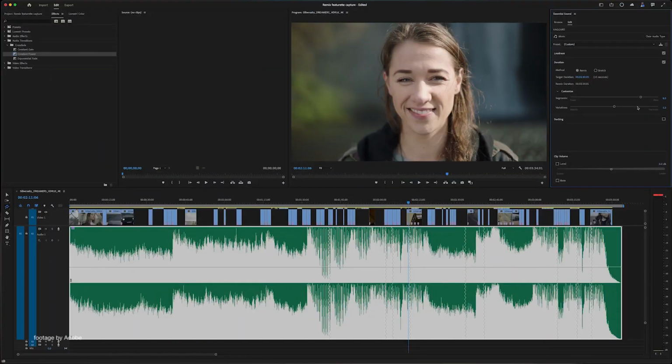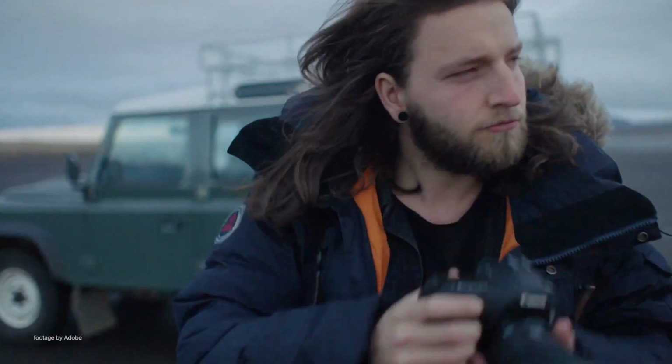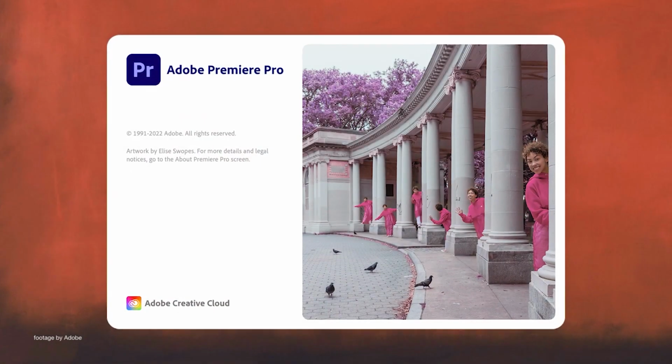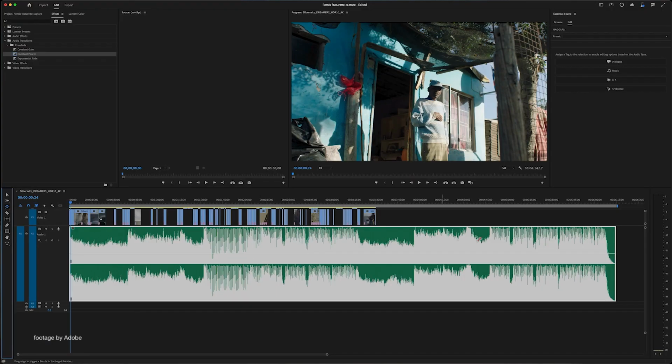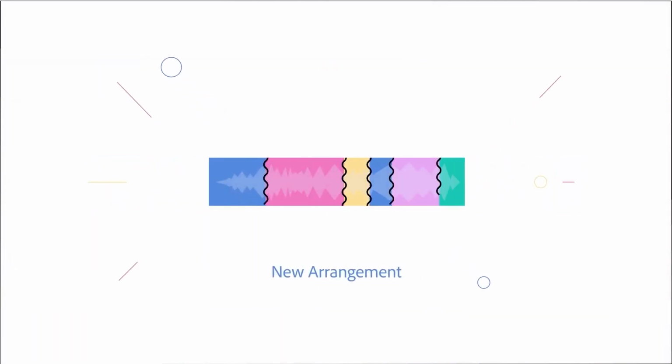Adobe has released a new update for their editing suite. The new Premiere Pro 22.2 update brings some exciting new features and workflow improvements to editors and filmmakers. 10-bit 420 HEVC exports are now up to 10 times faster on Windows machines with NVIDIA GPUs, while the new Adobe Sensei-powered remix functionality saves time by using AI to retime songs to a specific duration so that your music